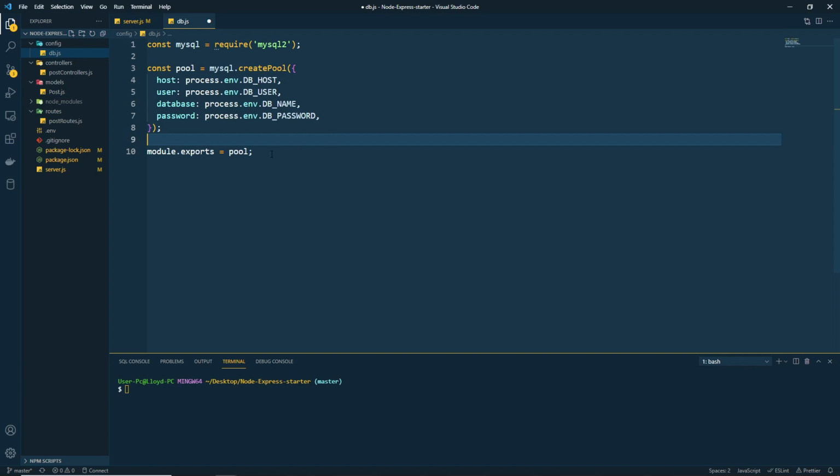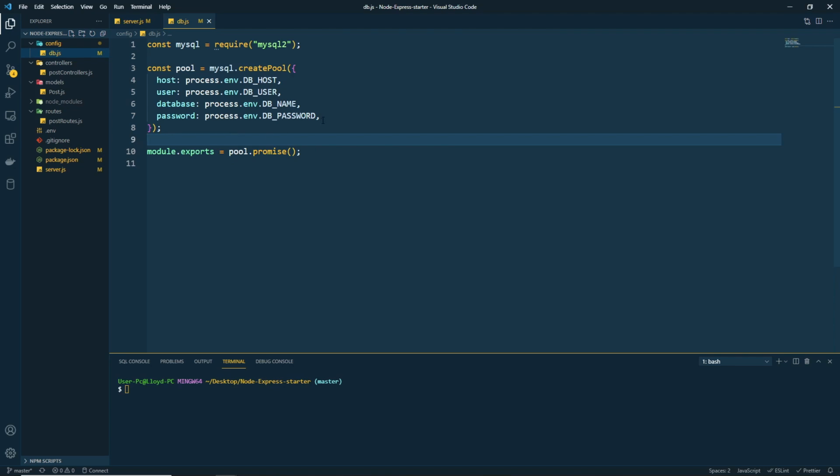data from the database. But in order to use ES6 async await, we can use the promise wrapper, and that is why I use MySQL2 and not MySQL, because there is another package just called MySQL. They are made by the same people, I believe, but MySQL2 gives us this nice promise wrapper, so we can say promise, and now we can use async await, and it's much easier for me and cleaner code. Okay, so with this done, this is basically all you need to connect your Node.js application to